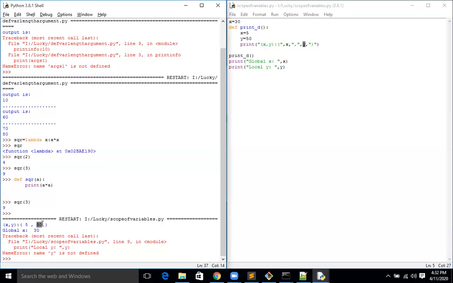It's a y local to the print d method, so I am not able to access it outside the method. It is a method function, so it's a method used in Python.